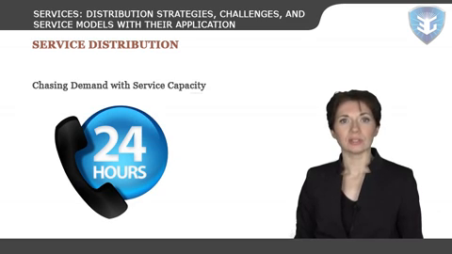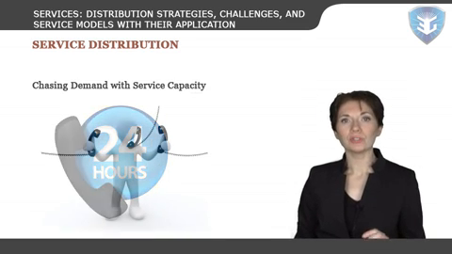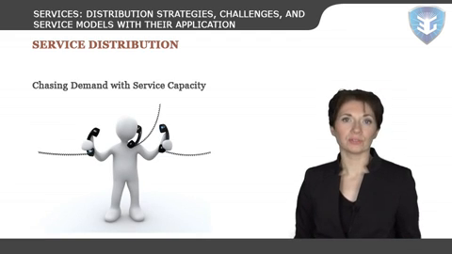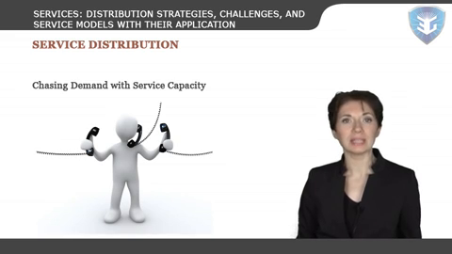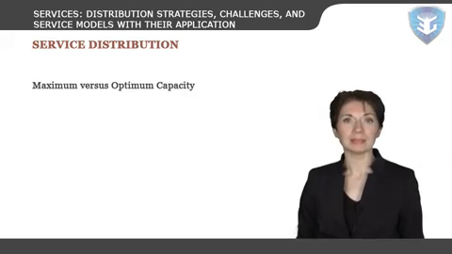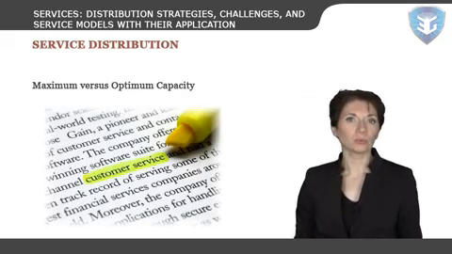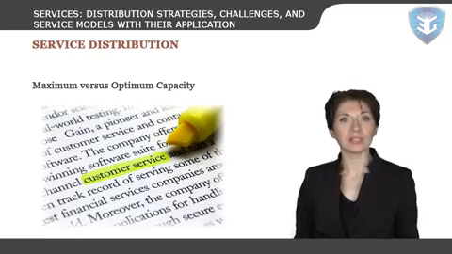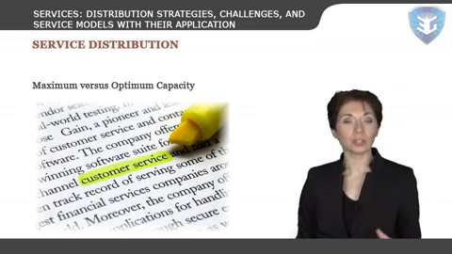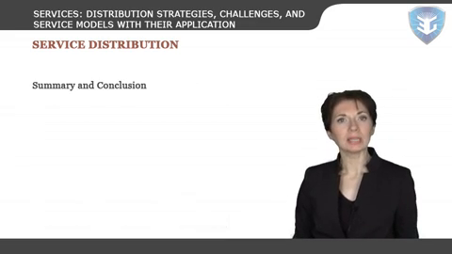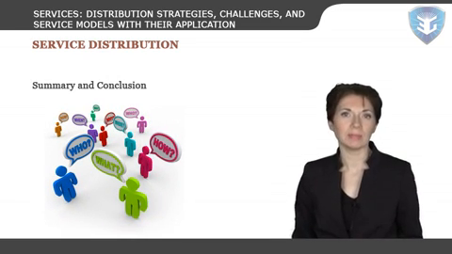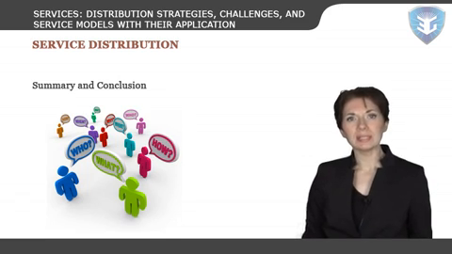Most service organizations are capacity constrained, which means that the number of customers that a service can accommodate and the quality of the service provider are limited by the organization's productive capacity. Maximum versus optimum capacity. Whether through random events or through the organization's actions, occasions when demand exceeds maximum capacity occur regularly. Summary and conclusion. To ensure service excellence in the face of fluctuating demand, service organizations should seek to operate